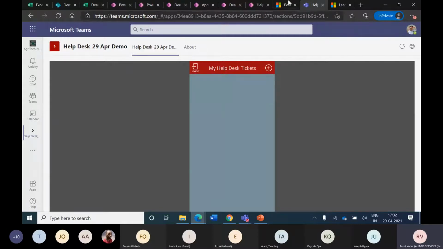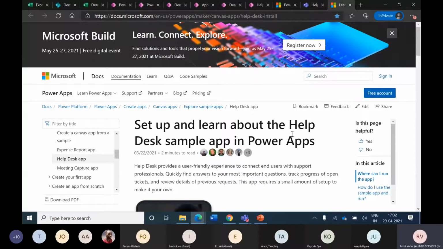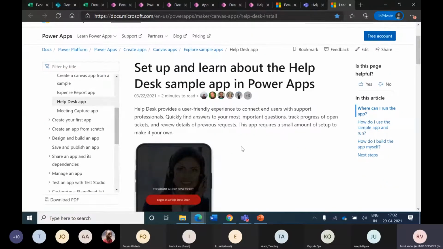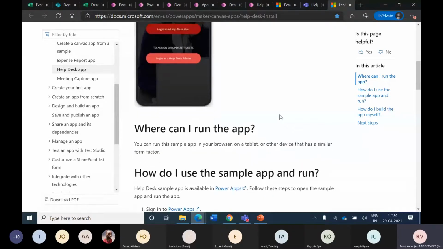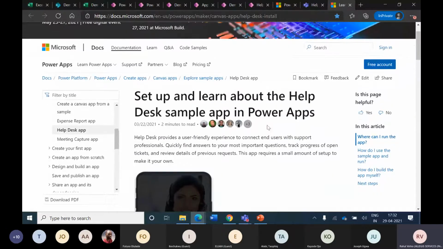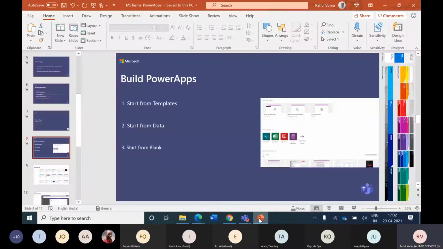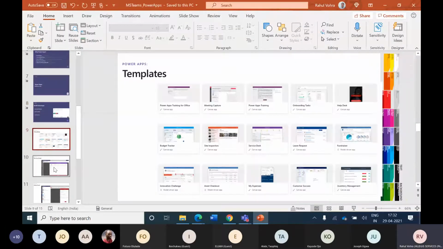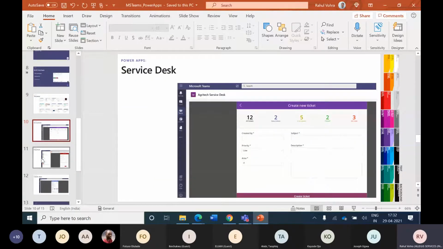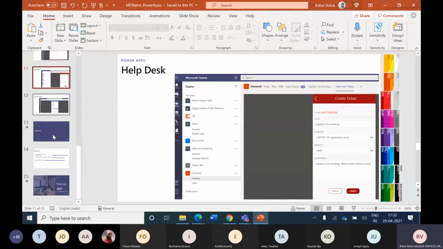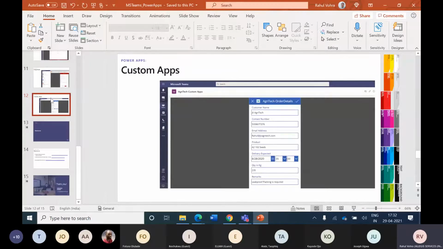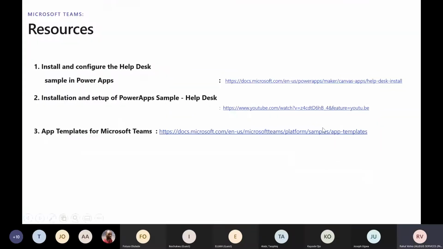And as I've shown, there is a lot of online documentation available once we are using these template-based apps, on how to go ahead and work with them. The same also can be made use of. So with that, we have looked at various templates, over 30 of them, how they function, and then created some of the apps ourselves, made changes to those, and then finally added the app in the Microsoft Teams environment.